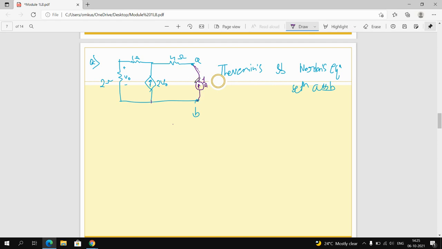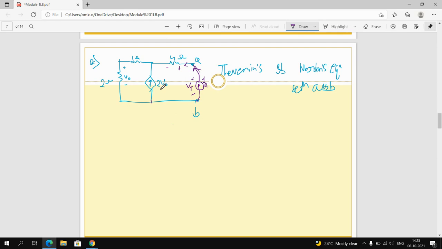And you need to find out the voltage VT across that 1 ampere source. Once you find VT, take this ratio and you can easily find the equivalent resistance. Now see, this is a 1 ampere current source, so 1 ampere goes into this circuit. The potential developed across the element is positive on this side and negative on this side.